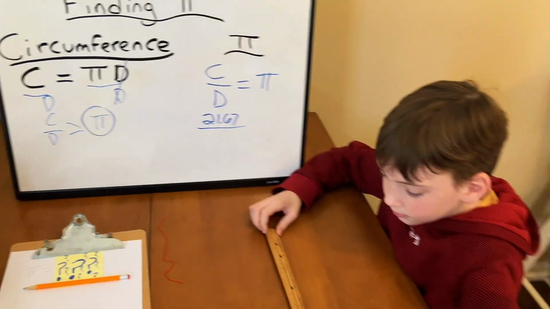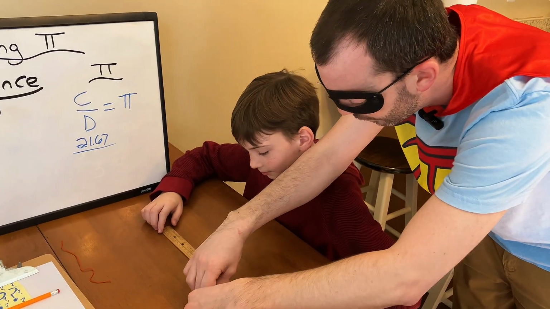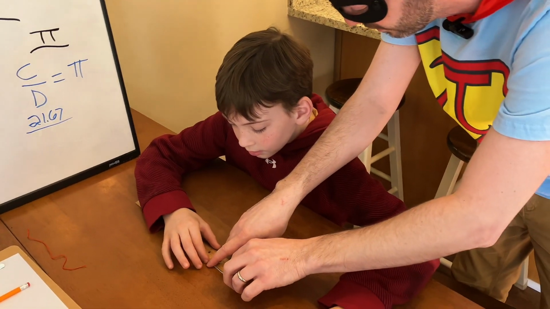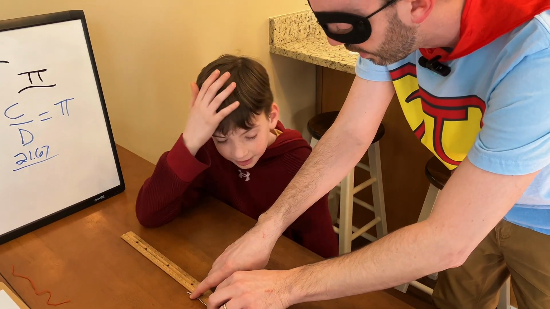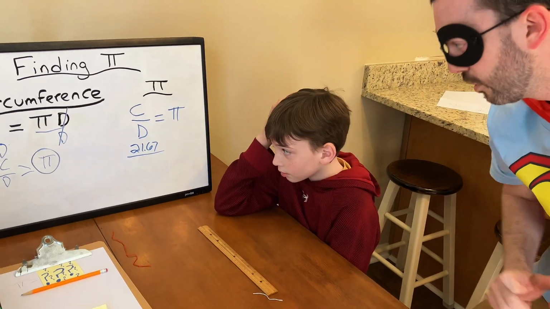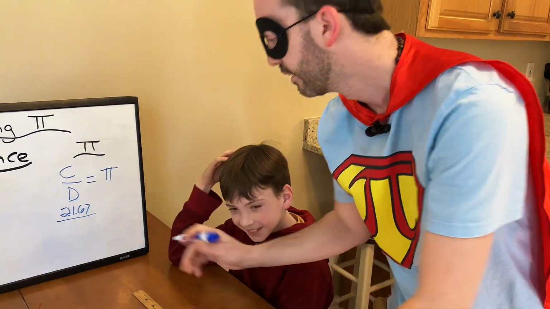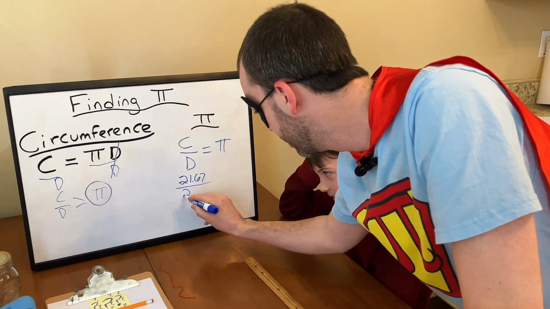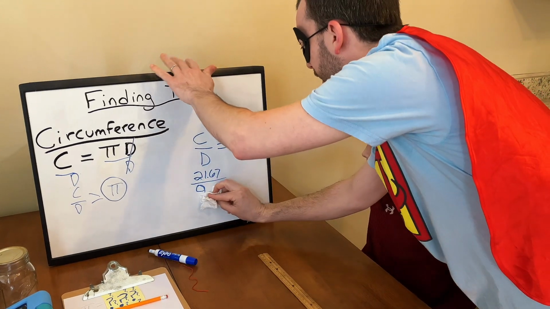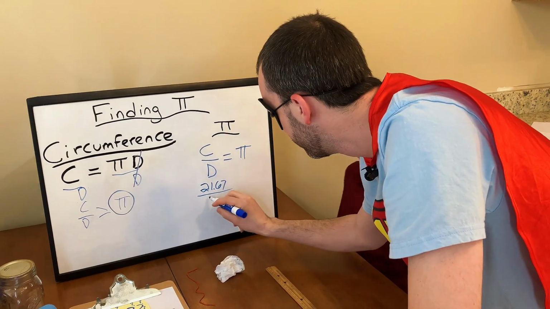All right, mathematician Oliver, it's up to you. We need to take this and measure. What does that come out to roughly be? 6.9 centimeters. About 6.9 centimeters. Are you sure? I know on the last one you wanted to go a little bit more. Yeah, I'm sure. Okay, just making sure. I know you like to be exact. So you said 6.9. All right, let me fix that really quick.